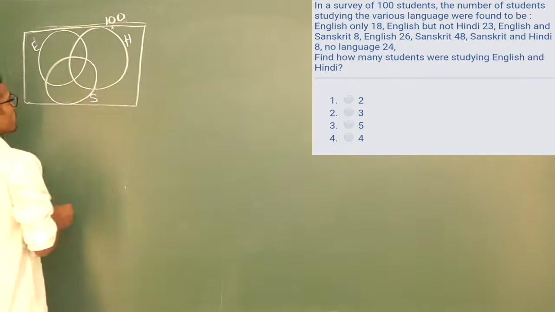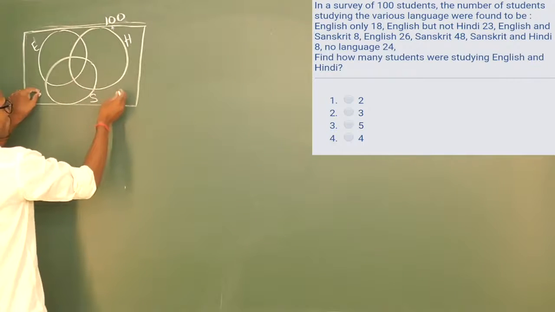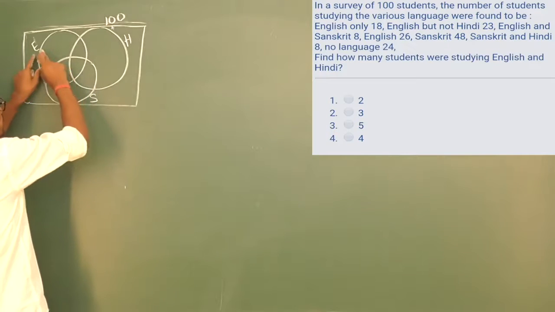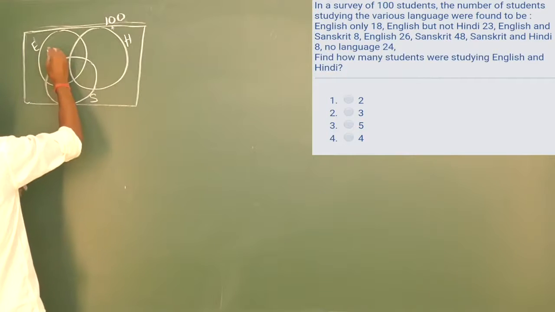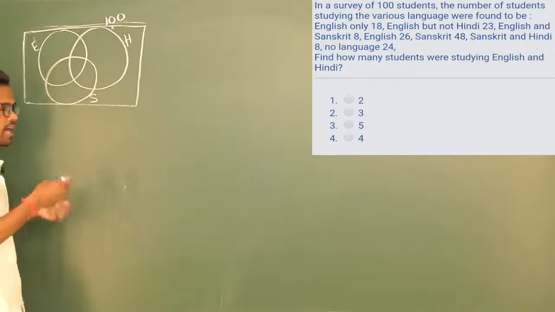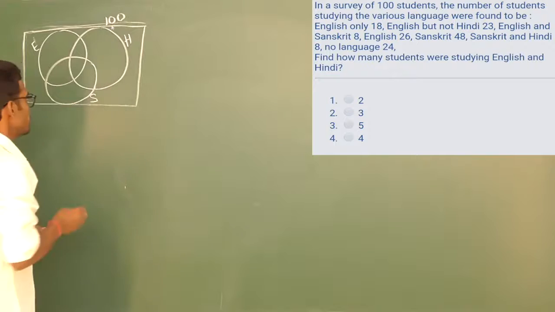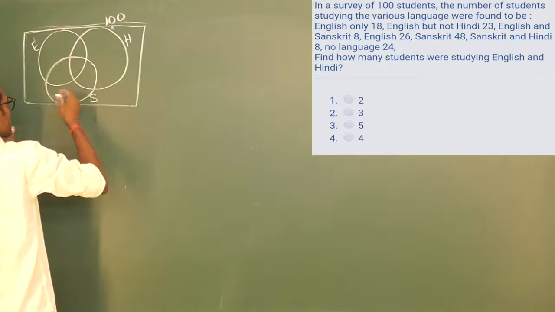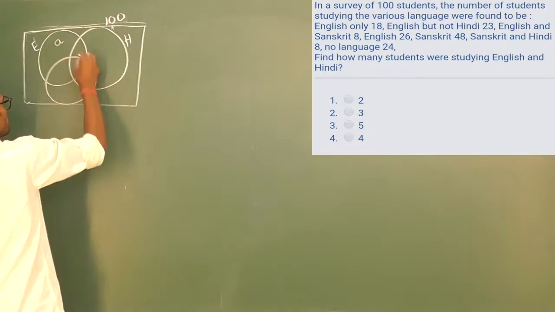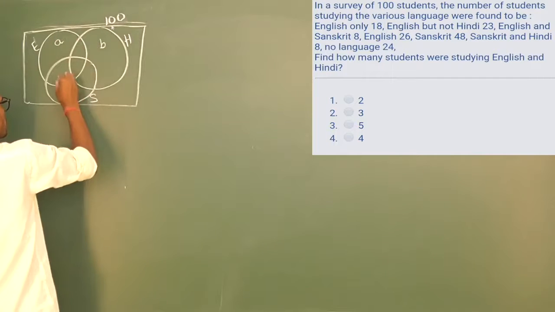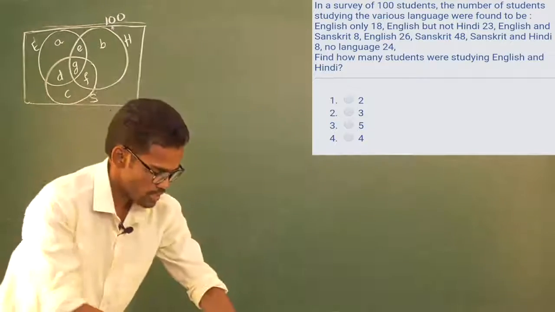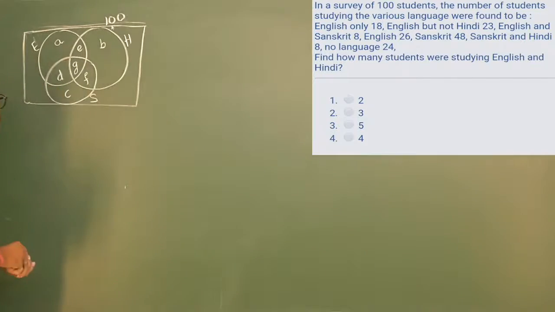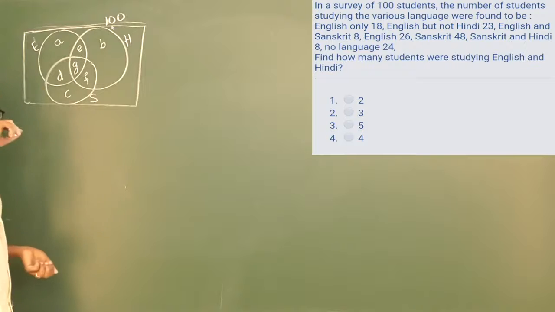Let us see that. Out of 100, there are some students who are not studying any language at all. English, Hindi, yes also, that means this part will come anyway. So, let us label this with alphabets A, B, C, D like that, so that we will understand clearly. I am taking this as A, this is B, C, D, E, F, G. Just remember this, then you will understand clearly. What they have given, let us write it down.